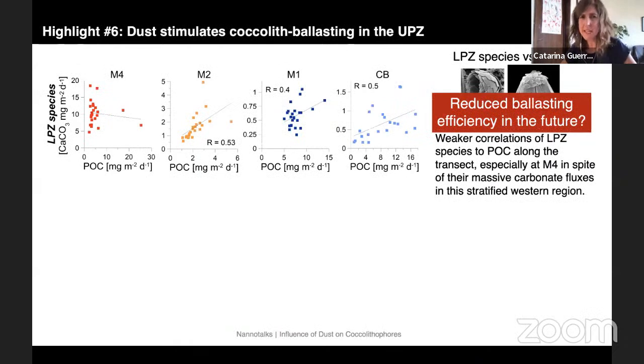Now, when we investigated the efficiency in terms of coccolith-ballasting effect by these two main groups of species, we noticed that the correlations between the carbonate fluxes produced by lower photic zone coccolithophores and the fluxes of POC across the transect were relatively weak, suggesting that if these species do increase in the future due to being better adapted to ongoing ocean warming, they are further likely to weaken the biological carbon pump, also by reducing the efficiency of the